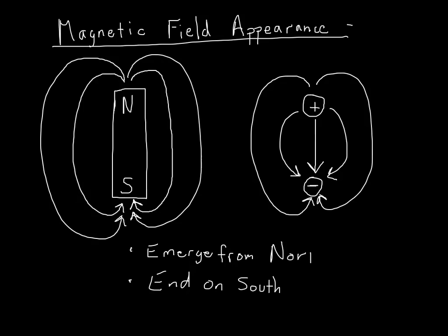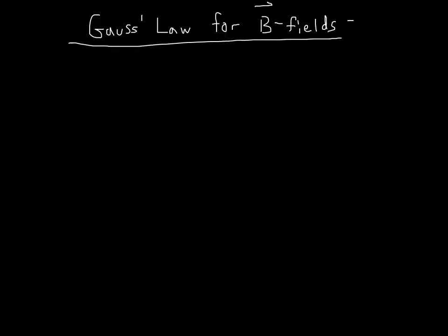It's very, very similar to what we see for this electric field distribution that's called a dipole field. You've drawn it in lab and we've drawn it in class. So very, very similar to electric fields. Since electricity and magnetism have so far shown themselves to be very similar, let's try to make a Gauss's law